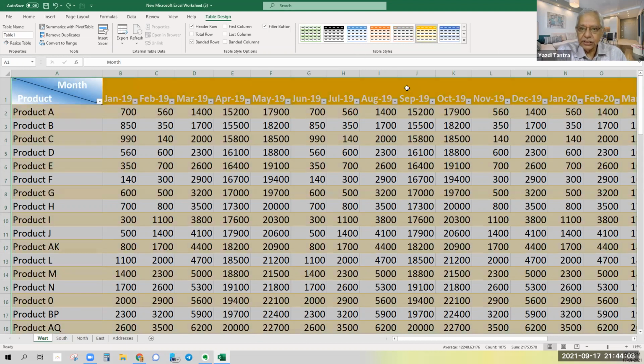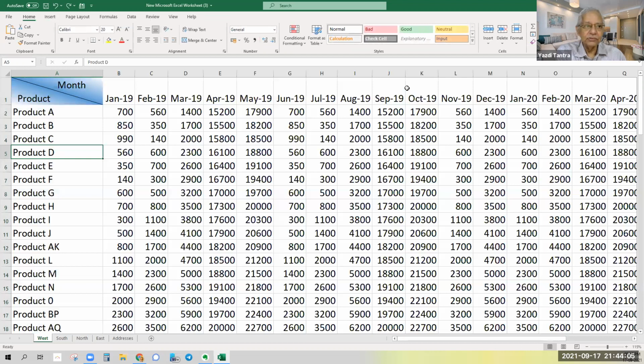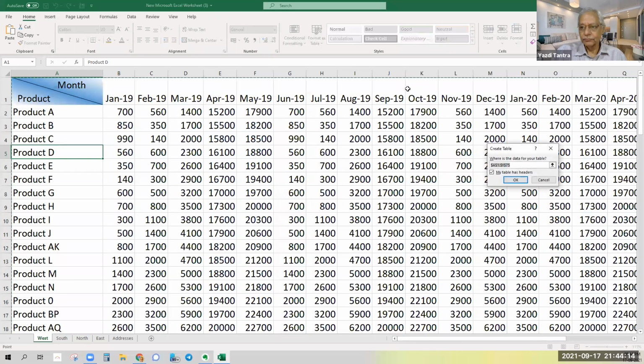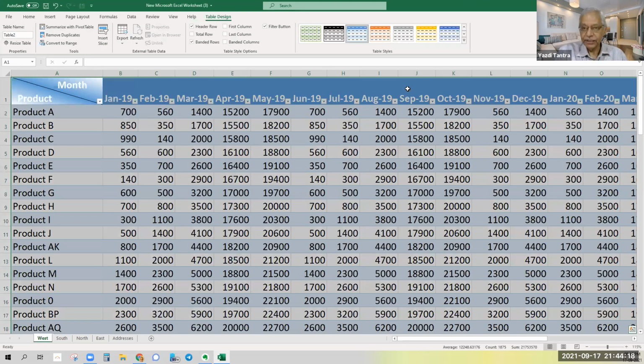So I'll just say Control Z and come out. And this was my original sheet, correct? Now, if I want to create a table, what will I do? Control T, that's it. And it just asks me one question. I just say enter and my table is made along with the filter buttons, etc., etc.